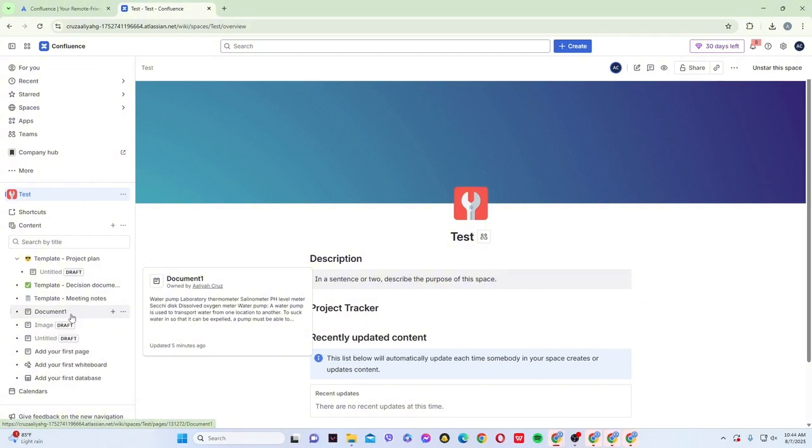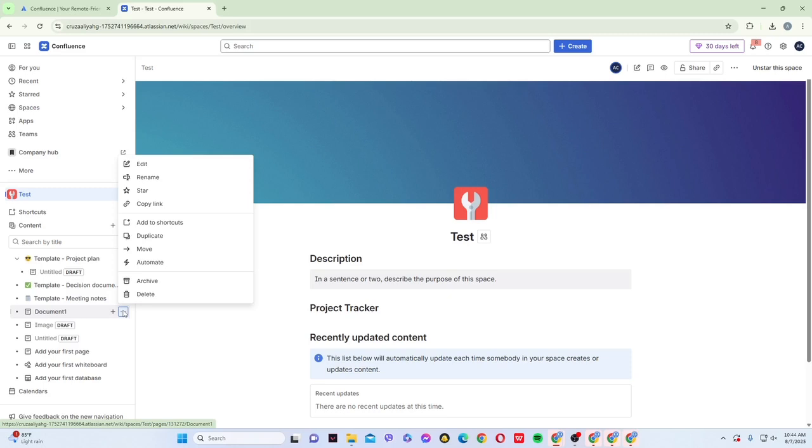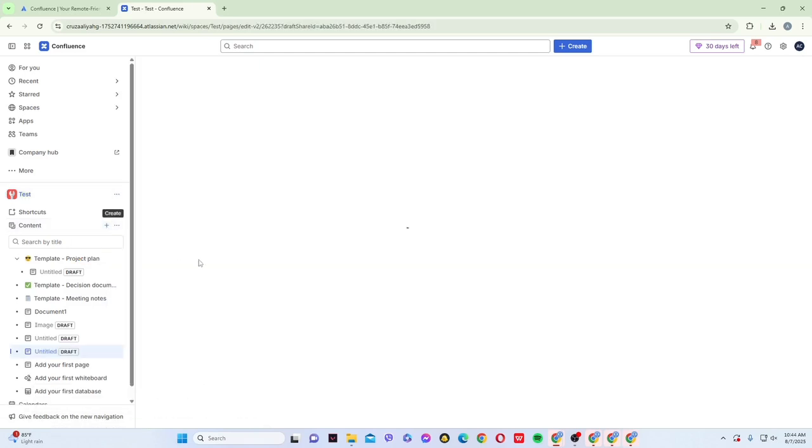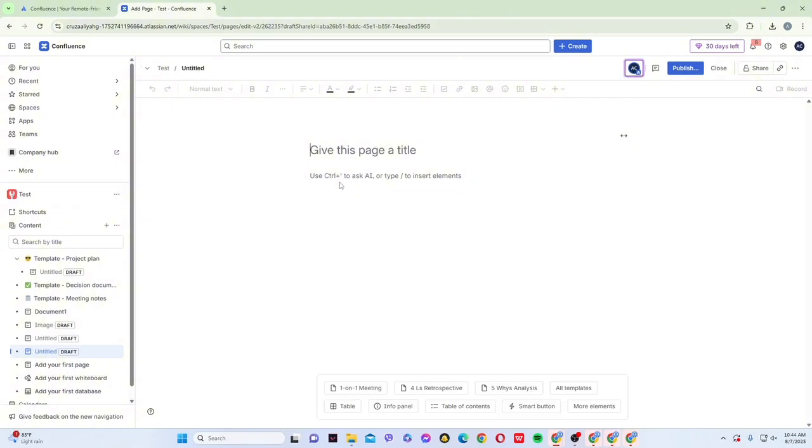Then beside its name, click on the ellipsis or the three dots. Then from the options, you now have to choose the copy link. Once that's copied, you can go ahead and click on the plus sign button beside the content so you can create another page. Once done creating, you can go ahead and paste in the link of the page